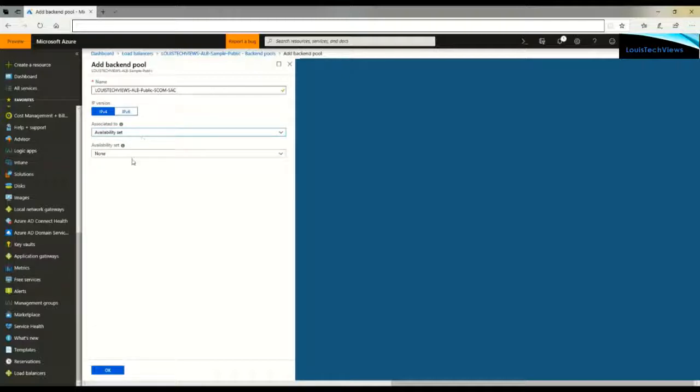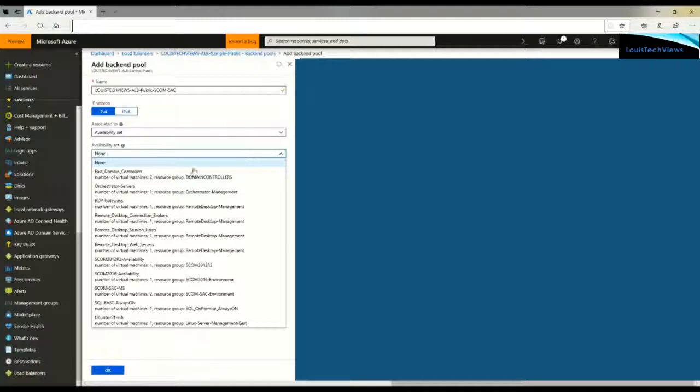Once I do that, that'll show me my availability sets in my environment. I do have several availability sets, but for the purpose of this, I want my SCOM SACMS availability set. The idea here is that any SCOM management servers that I add to my environment, I'm putting them in availability sets. That does a couple things. On the Azure side,